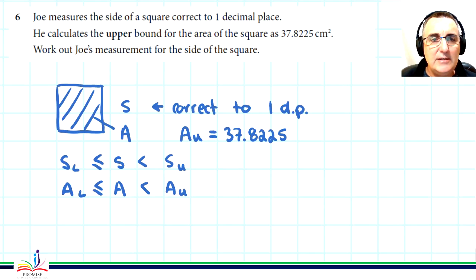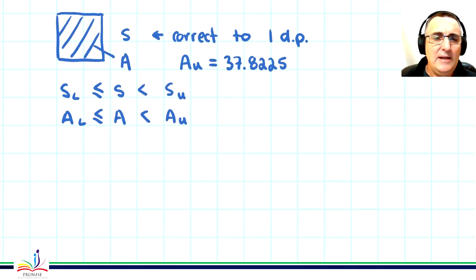Well, the area is side times side, so we're multiplying two numbers together. And how do you find the upper boundary when you multiply two numbers? Well, you take the larger of either of those numbers and multiply them together. In this case, it's the same number because it's the side times the side and they're the same length. And so the upper boundary for the area is equal to the upper boundary for the side times the upper boundary for the side. And of course, that equals,